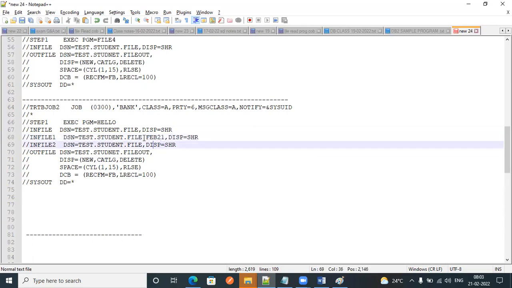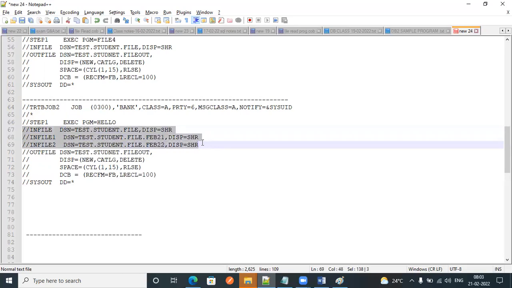feb21 is the file, and feb22. So now by seeing the JCL itself, we can decide there are 3 input files, because there is no disk space and DCB parameters for these 3 files.